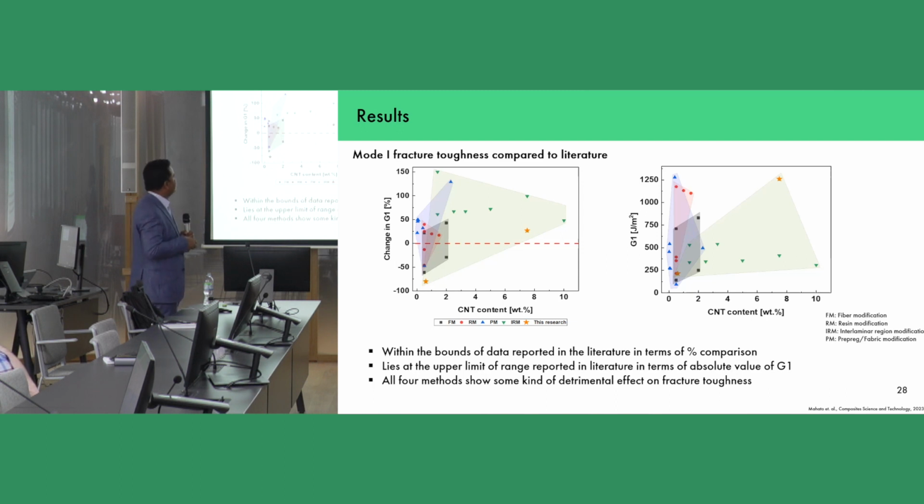So 27% may sound like a small improvement, but it should be noted that this is a very high quality prepreg, as it can be understood from the baseline value of 1000 joules per meter square, which is a very high value for G1. And you can see this